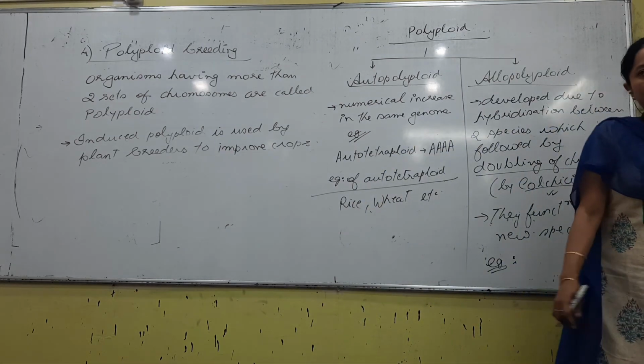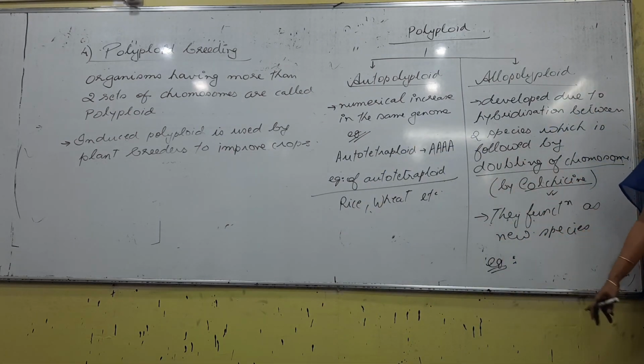Okay, up till now what we have written, crop improvement could be done by a process called as polyploid breeding. What is polyploid breeding? You increase the sets of chromosome, that is what is called as polyploid in a particular cell. One cell, generally we have diploid number of chromosomes. We have heard the two terms that's more commonly available, that is haploid and diploid. If you want to increase the number of or sets of chromosome, that is called as polyploid.